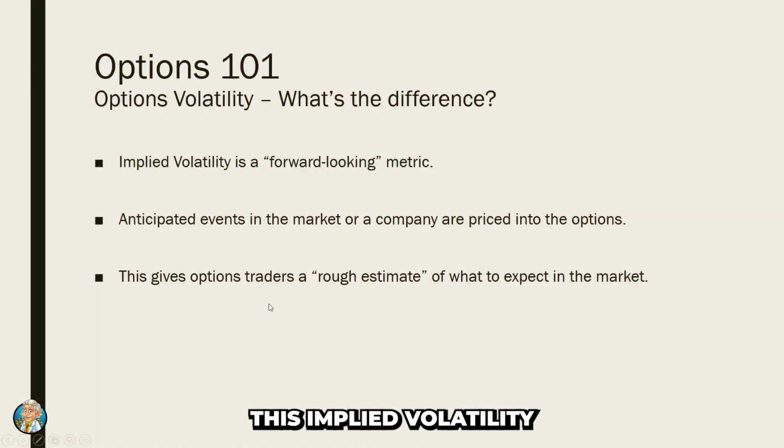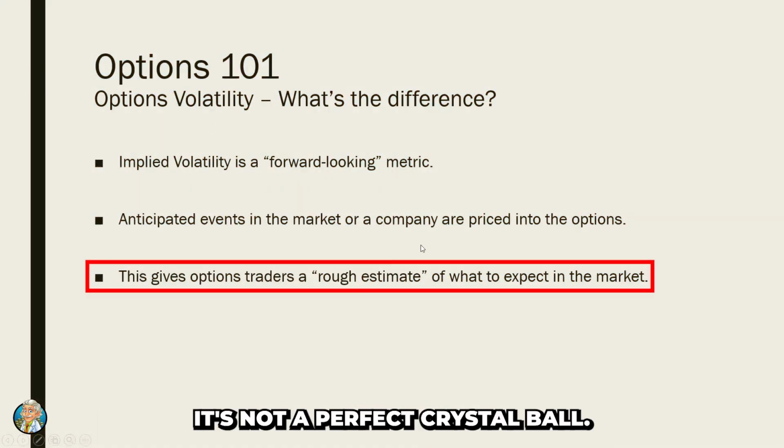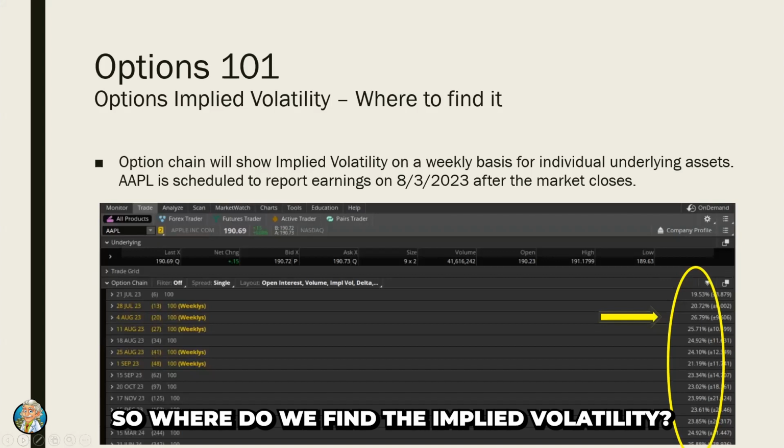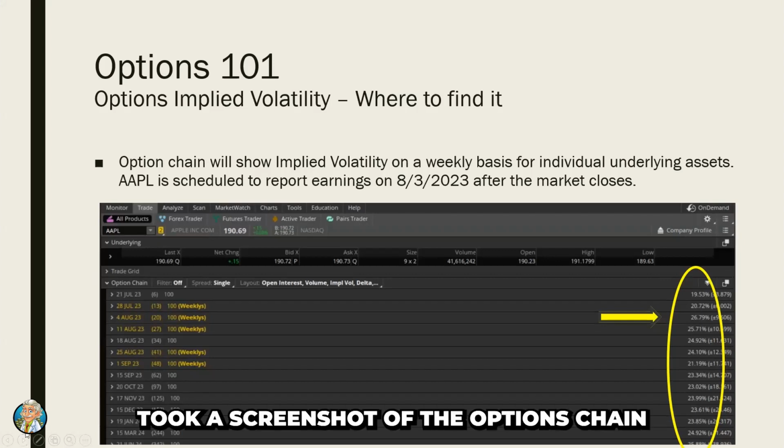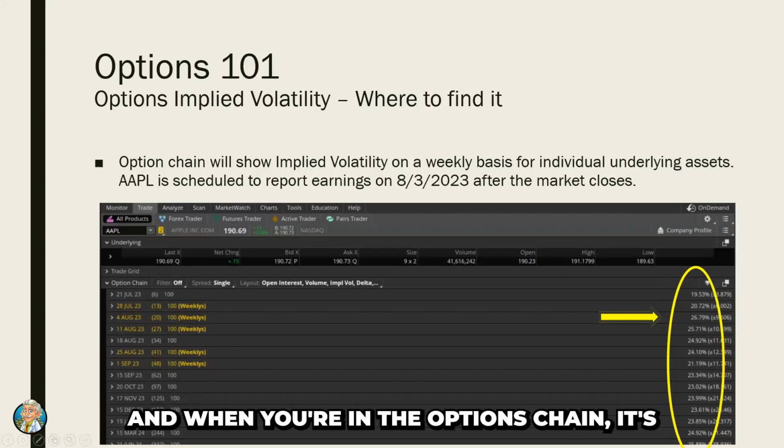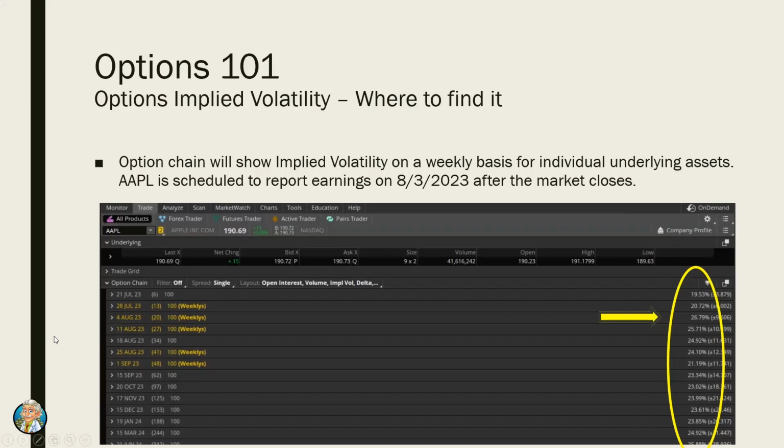This implied volatility gives us kind of a glimpse. It's not a perfect crystal ball, of course not, but just a rough estimate of what to expect in the market. So where do we find implied volatility? Again, back to Thinkorswim, took a screenshot of the options chain. And when you're in the options chain, it's specifically in